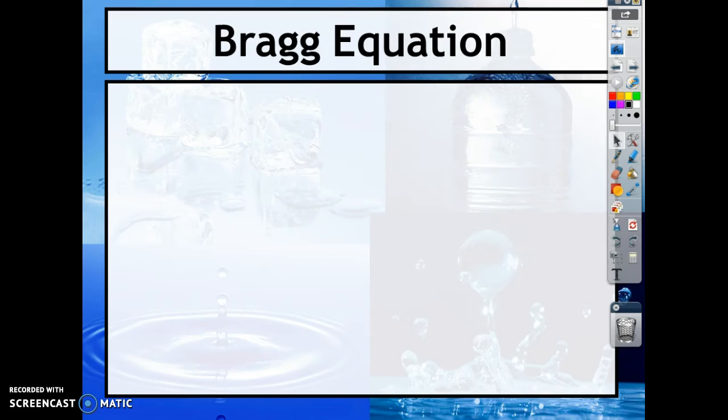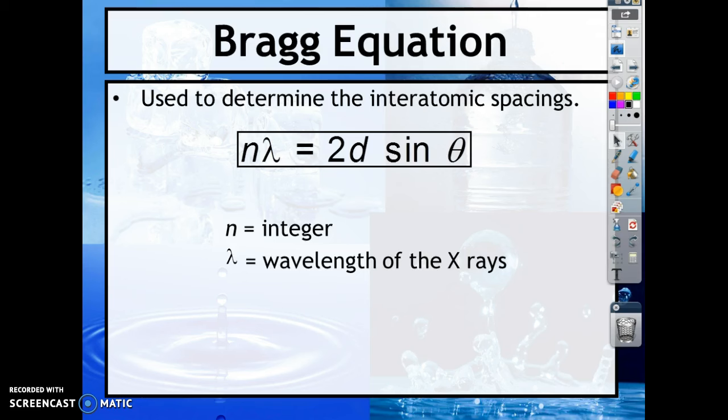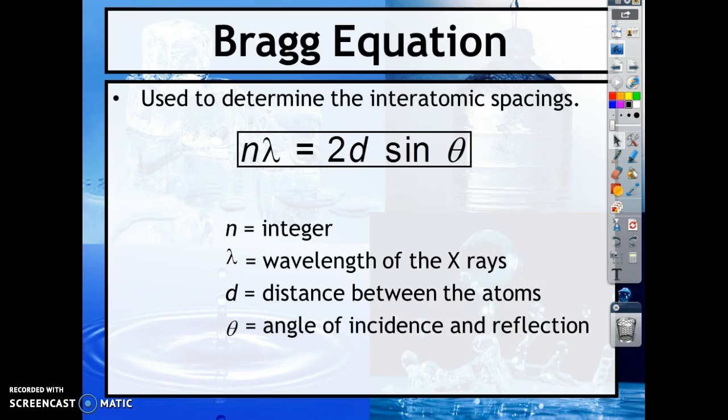Okay, so here's a little equation here. You don't actually have to know the equation, but you have to understand what's going into it. So n here is representing any integer, and just like before, our crazy symbol there is representing wavelength, our d is distance, and our little o with a line, omega, what's that represent in math, is angle. So what we're taking into account to figure out how something's structured is the wavelength, the distance between the atoms,